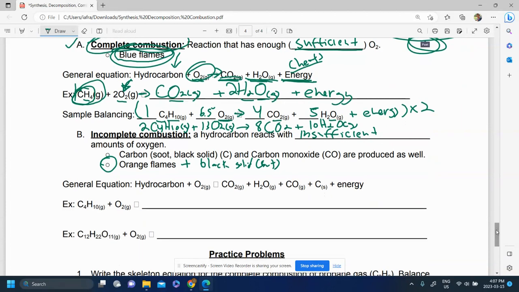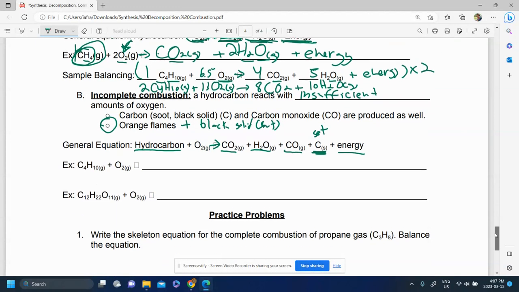So what's produced? What's different? Well, the reactants are the same. You have hydrocarbon reacting with oxygen. The only thing is it's insufficient oxygen. And regardless of what your hydrocarbon is, you're always going to get the same products of incomplete combustion. You're going to get carbon dioxide and water, just like for the complete combustion. But in addition to that, you're also going to get some dirty incomplete products. You're going to get some carbon monoxide, which is that dangerous gas that you can't smell. It's odorless and is toxic and can kill you. And then some solid carbon, that's soot. And that's that black powder that's produced, plus some energy as well, because you still get energy released